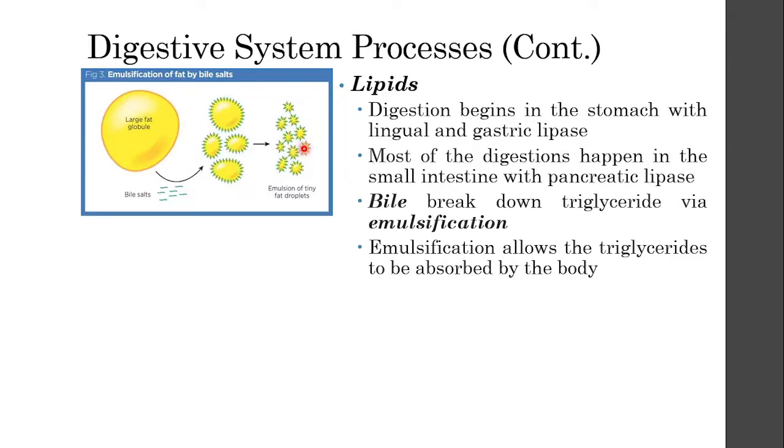You can think of this as oil in the water. If you drop oil in the water, you would see that the oil will form a circle or a bubble. And then if you stir that glass of water, that bubble starts to break down. And as you keep stirring it, it will break down into smaller pieces. That's what bile does. It has bile salts that help create what we call micelles.